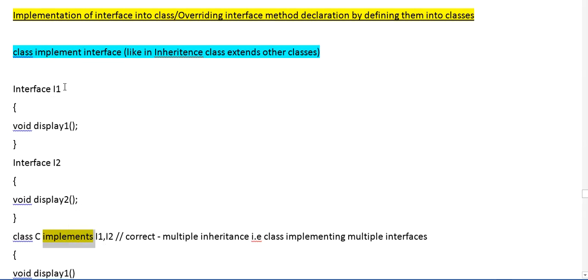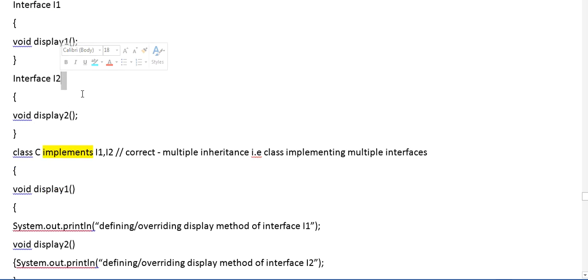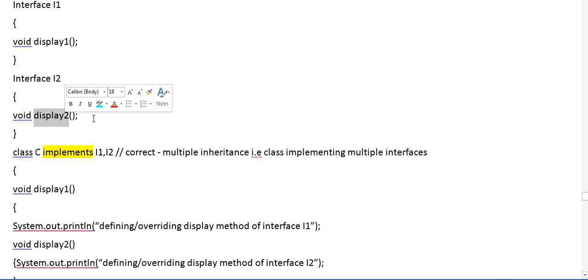So we have defined an interface here, I1. One method has been declared in it, because we cannot define it. Then we have I2, with a method display2 in it that is only declared, and we cannot define any method in the interface.